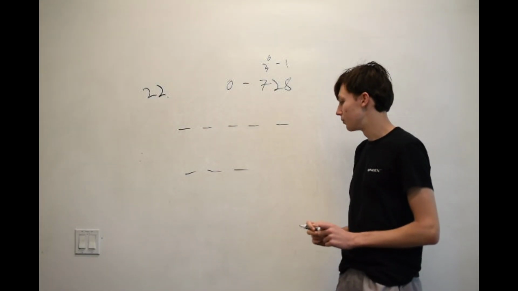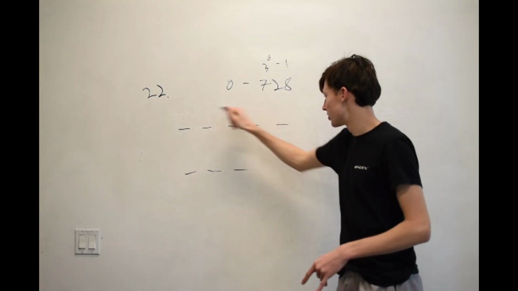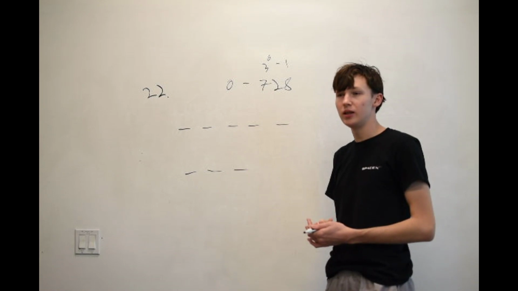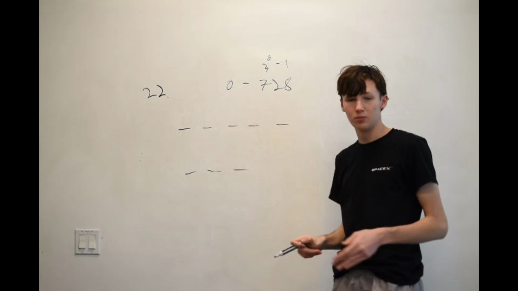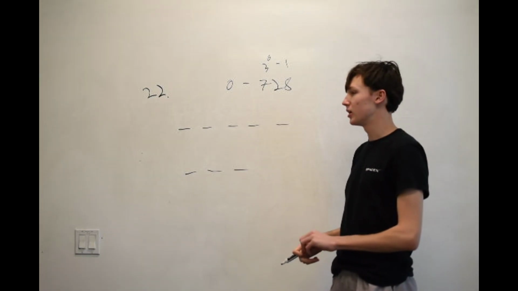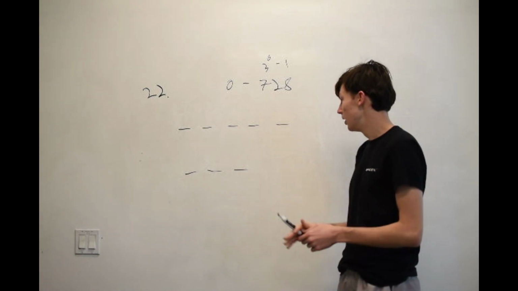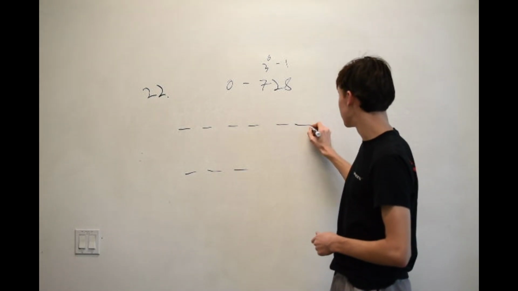Because this number is 3 to the 6, we can say that there will be 6 digits in the base 3 number and 3 digits in the base 9 number. And now what Andy does is he adds up the digits of each number together, and he tries to find the number of cases where the sum of the digits in base 9 is greater than the sum of the digits in base 3. And the way you solve for this is